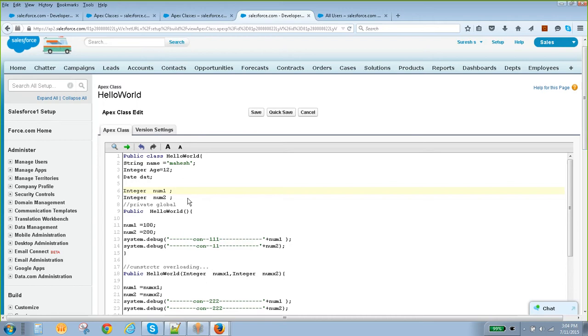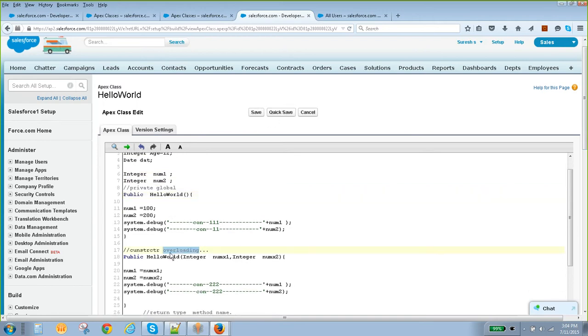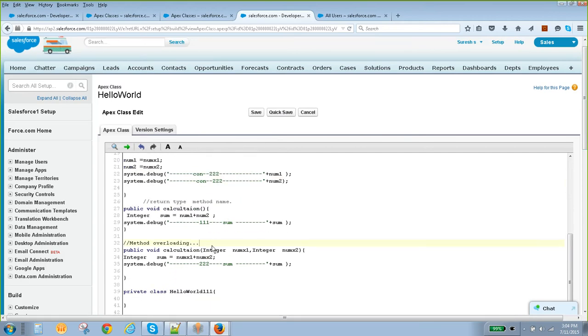Clear, right? So this is a concept called method overloading. Method overloading is one of the OOPS concepts called polymorphism. Poly means the same thing existing in different forms. Here we are doing a calculation here, and we are also doing a calculation there, but the way we are doing it is different. That is polymorphism. So method overloading is one of the implementations of polymorphism. Another one is called method overriding.